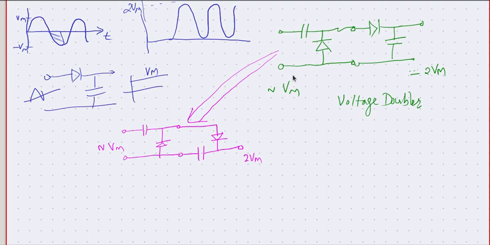Some more fascinating applications of clamping circuit. So before getting into the new versions, let us relook at what a voltage doubler was. A voltage doubler was a clamping circuit followed by a rectifier or a clipping circuit, and this clipping circuit or a rectifier circuit with a filter can be viewed in a different orientation like this.